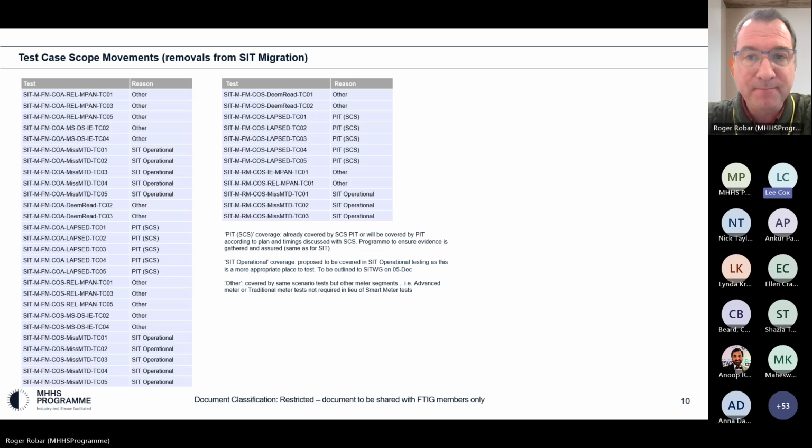I think all we need is 2 numbers. SIT functional equals that total, and then participants can take away unmetered stuff from cohorts, and SIT migration equals that minus any unmetered, etc. That's what's missing. So if we add them together it's 18,110. What are the two numbers for SIT functional and SIT migration? What's the breakdown between the two? Yeah, I'll take an action for that. Thank you. No problem.